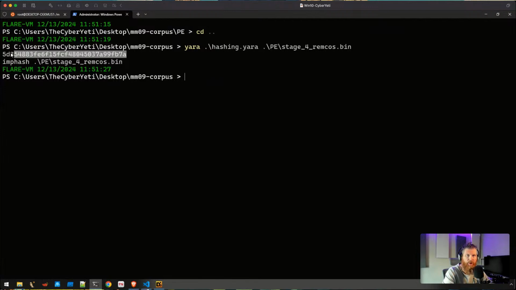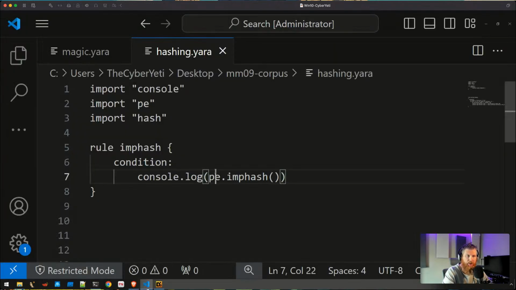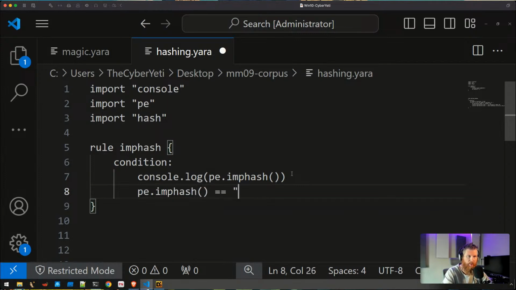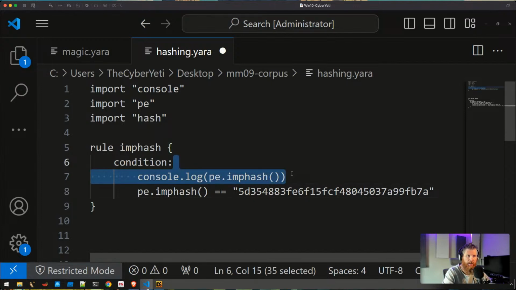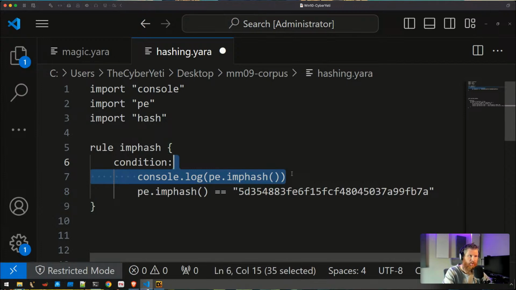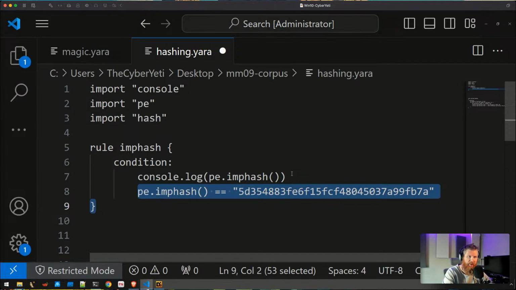So now that we've generated the import hash, we can copy that, and now we could actually use it in a rule to look for samples or detect samples that match that. So we could say something like pe.imphash equals, right? We get rid of this part right here. So we can use Yara to recover the information, and then we can make another rule to actually detect it. So a cool use of the console.log, I think. I hadn't been using it until I had a colleague show me several examples like this. I think it was really helpful.